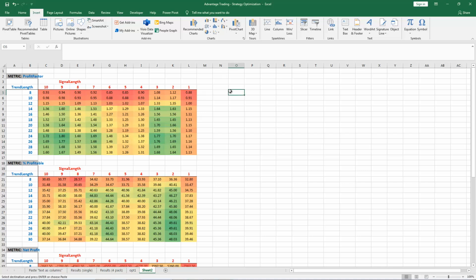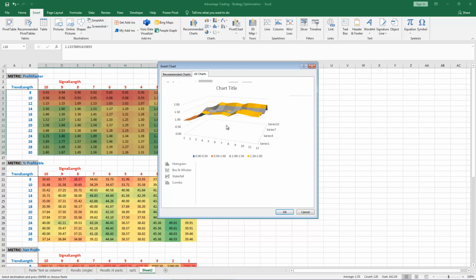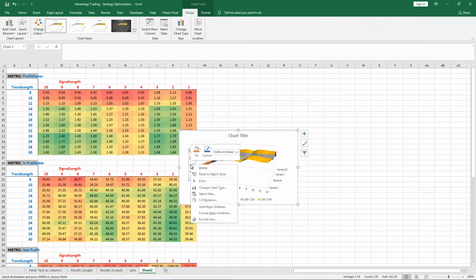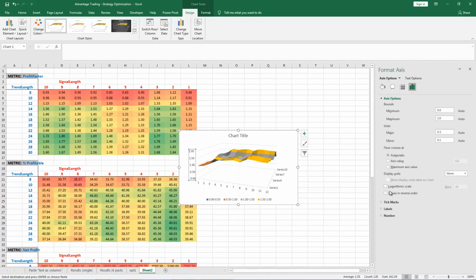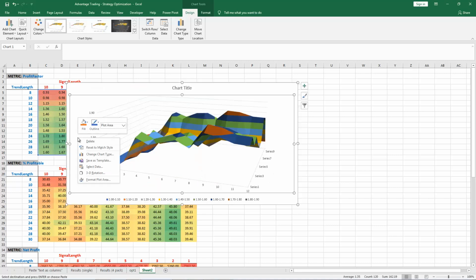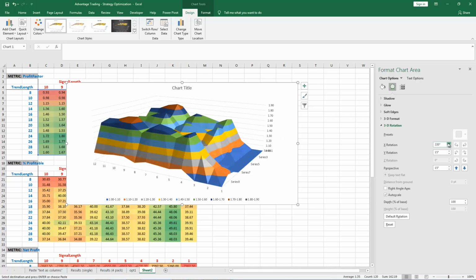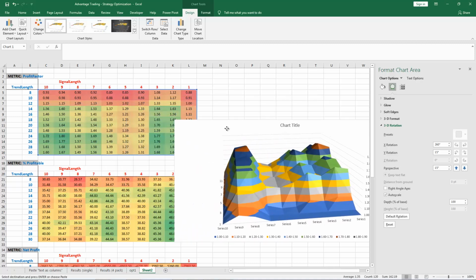All right. What we see right now is a 2-dimensional table. But the cool thing about this kind of data is you can visualize it on a 3D chart. You choose surface chart, click OK. Let's just adjust the y-axis. Let's rotate this chart the other way around. Okay, so